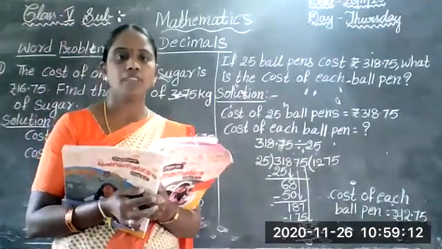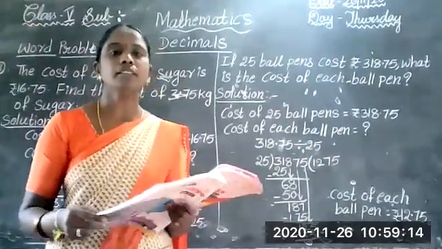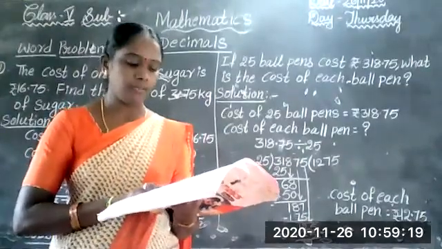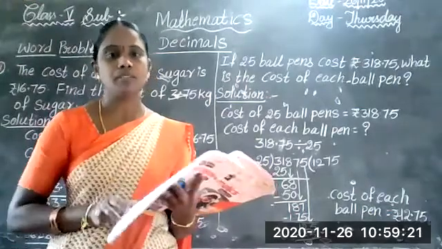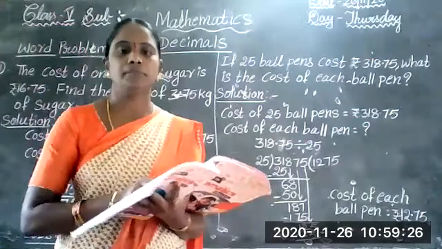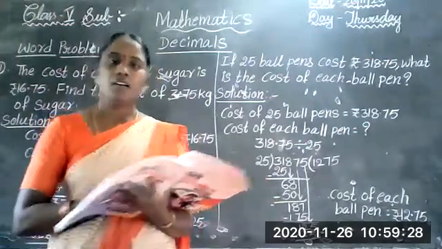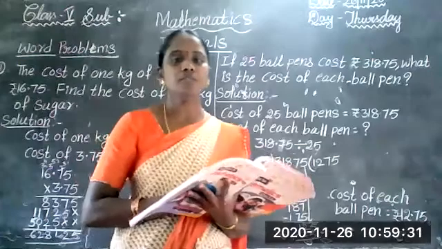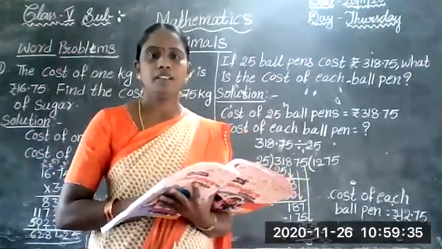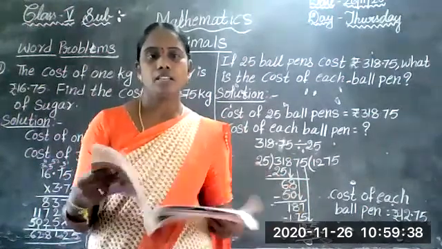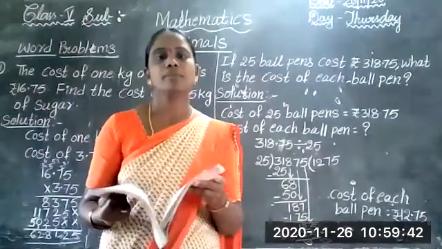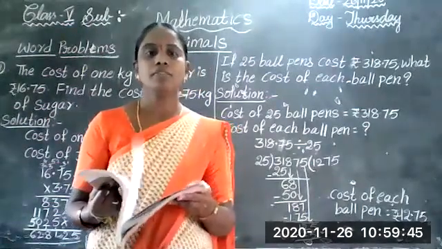If you don't have any doubts, you can complete the revision exercise sums: first bit, second bit, third bit, fourth bit, fifth bit, and the word problems also. Then if you have any doubt, call me. Okay? I think I sent the third unit paid notes also. So complete your paid notes for the third unit, children, and take correction also. Next class, in tomorrow's class, I will explain the fourth unit, simplifications.